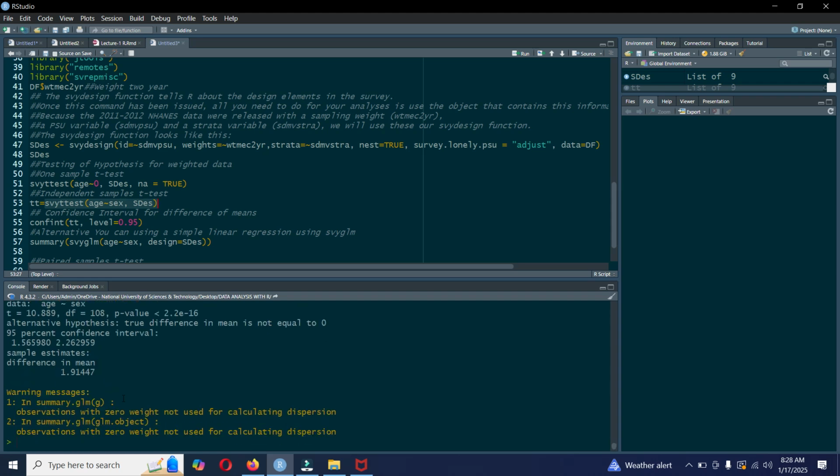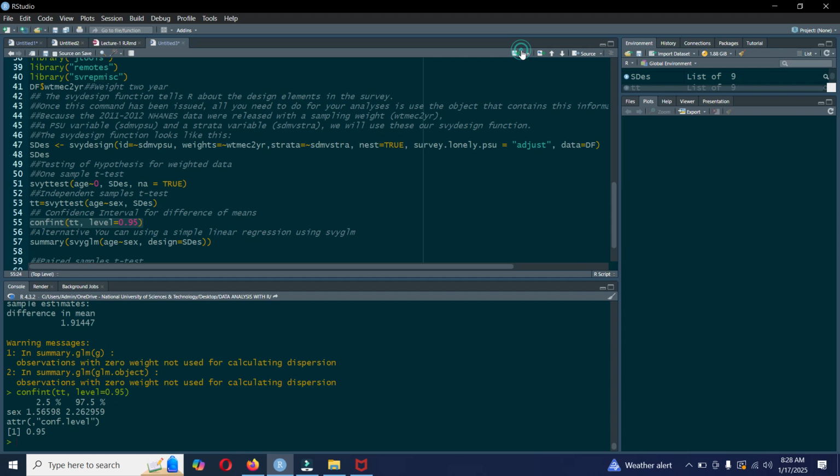So you can see that there is a significant difference between the mean of two groups, and the mean difference is 1.914, and you can just see the confidence interval as already given. You can again run with this command,